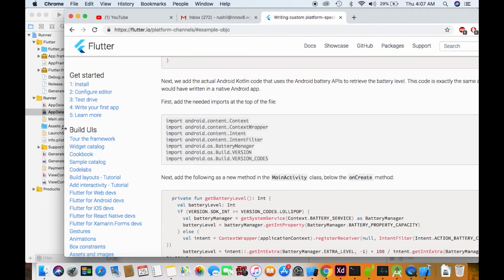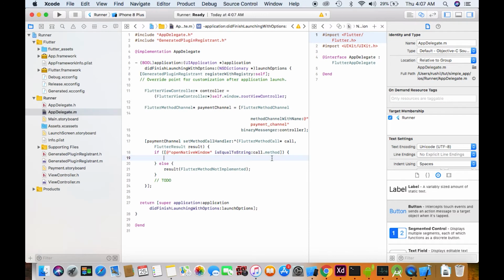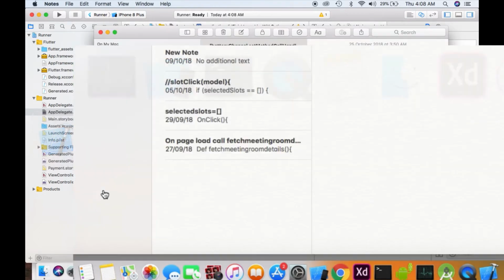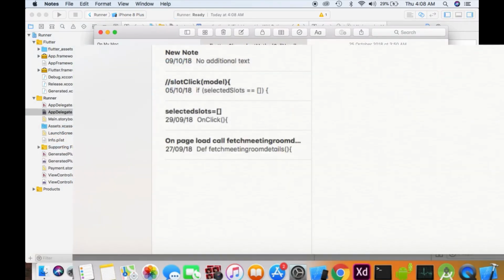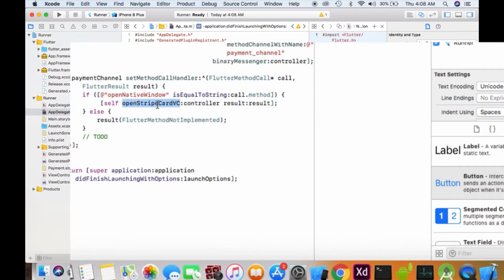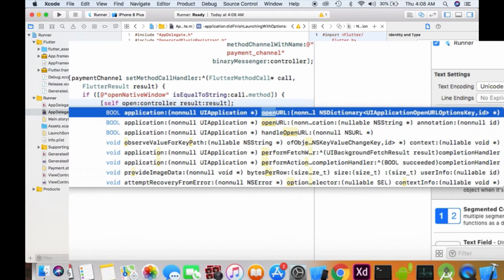It's pretty much easy. I have something in my notes. Sorry. So I'll just make a function call, something like open recipe controller.